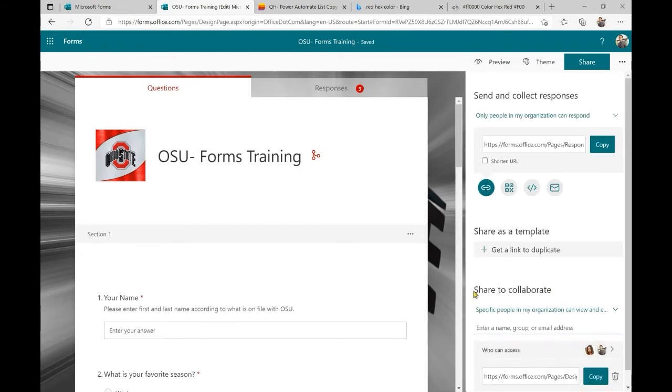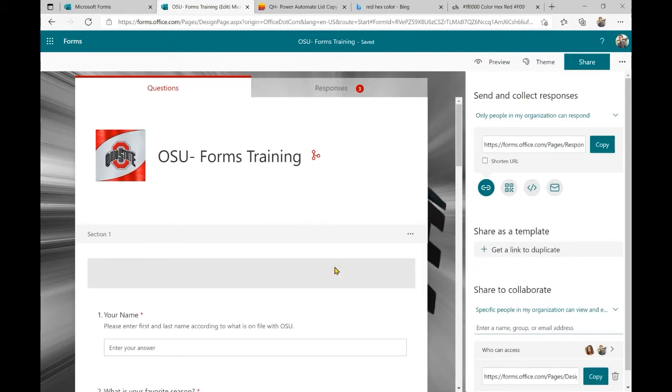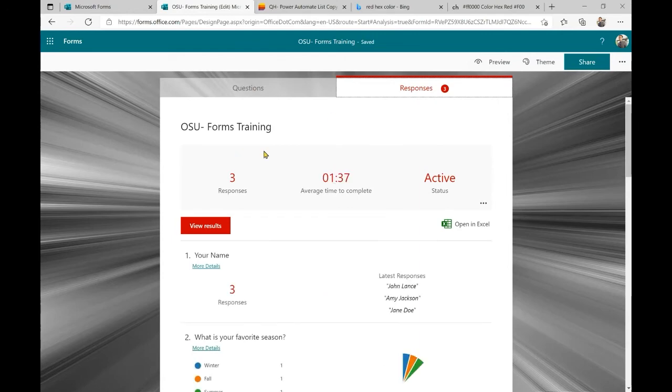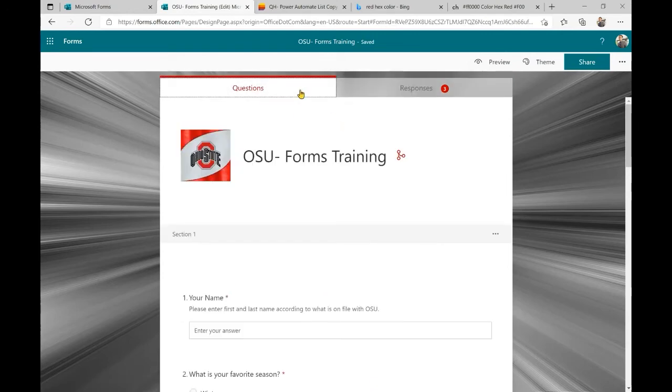Only when you share to collaborate can those other people see the data. Otherwise, you are the only person that can see it. If you want the whole team to be able to see the data, type in your team name here, and that will attach them, and they will all have access to see the responses, print, and do all that same stuff with the form.